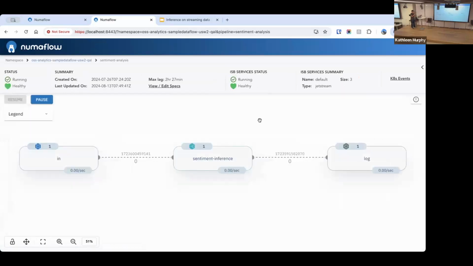If I click the icon and go into the pipeline view, you're seeing the graph, which is the pipeline topology. Each box on this graph is called a vertex. A vertex is nothing but a set of pods, which is used to run your data processing logic. And we auto scale based on traffic and load for your pipeline, scaling each vertex.